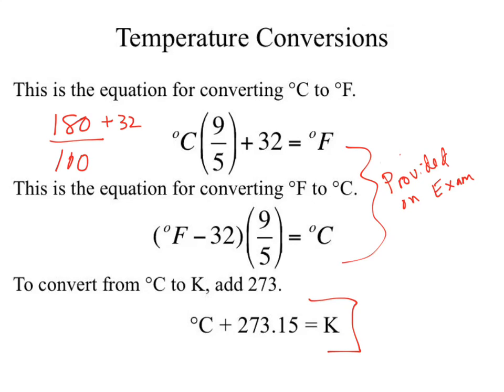Yes? The bottom one says add 273, and then an example says 273.15. Oh, you're saying here? Yeah, that's what I was saying. 273 is the one you're responsible for. Sorry, I just spit on you. Maybe I shouldn't have told you. 273 is what you're responsible for. The 0.15 just happens to be a random number that I remembered that is associated with that. Oh, okay. So it is more accurate to represent it as 273.15.